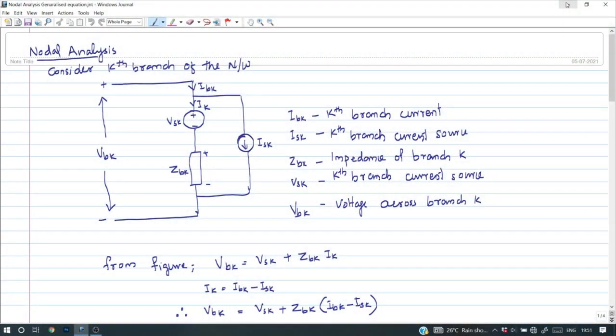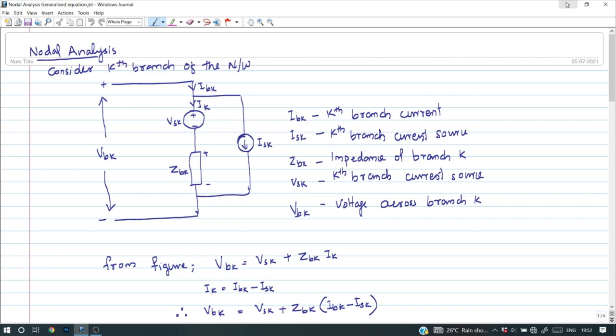In this video, we are going to discuss how to utilize graph theory for solving networks using nodal analysis. For that, let's develop a generalized expression for node voltage using a generalized representation of electrical network elements. As we discussed in the mesh analysis topic, let's consider the kth branch of the network,